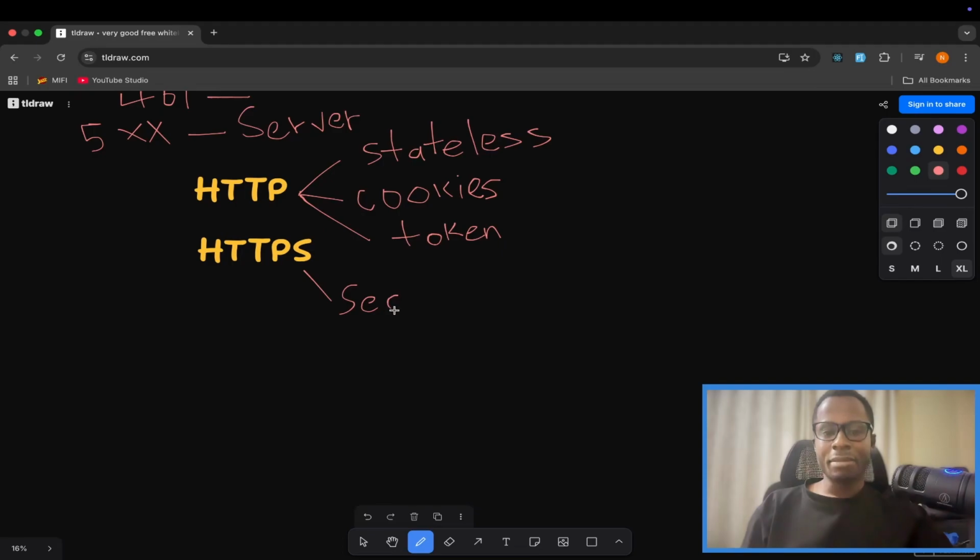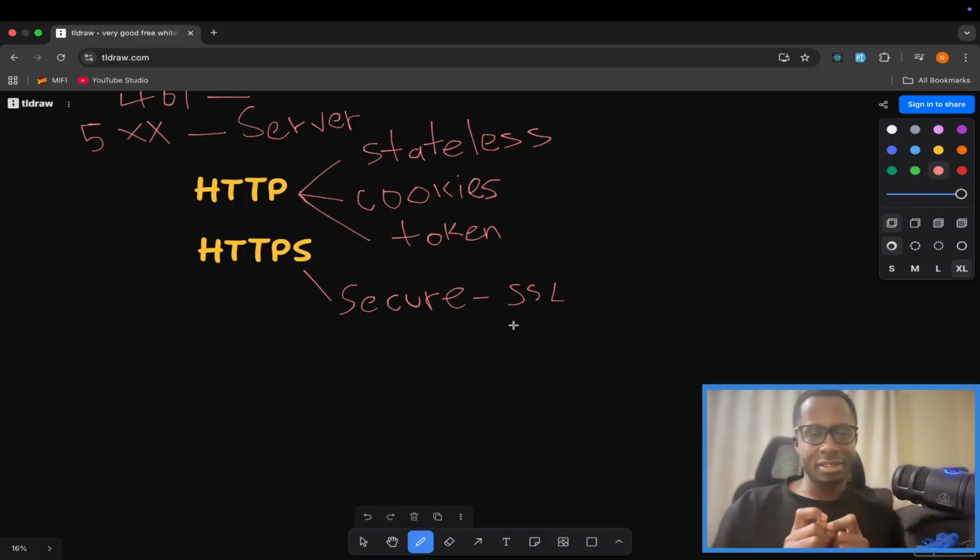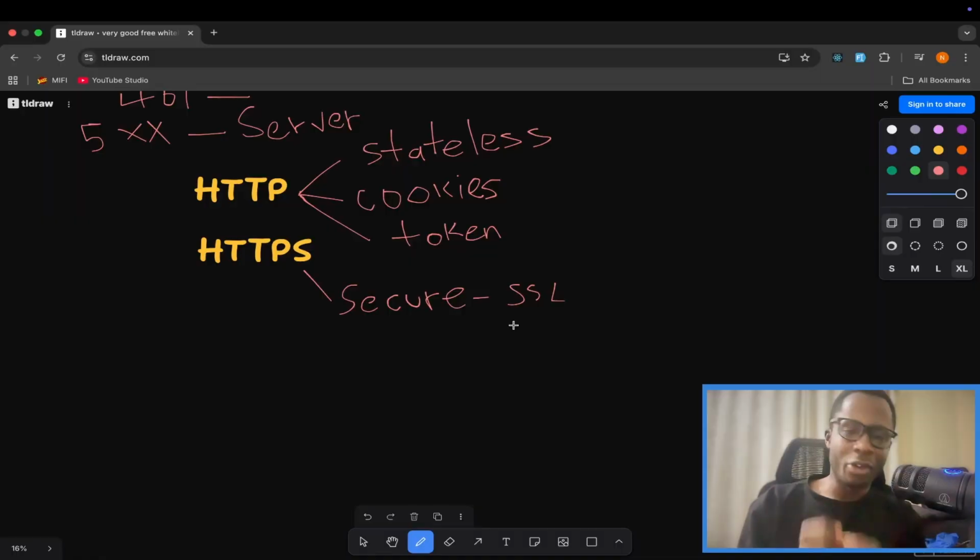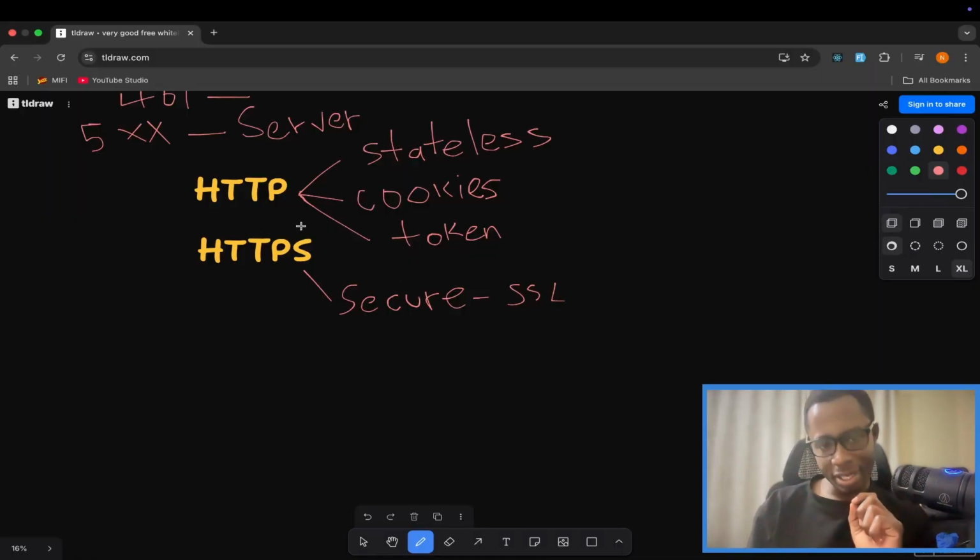Okay, and it simply means that the request has been encrypted with an SSL certificate. And for the server to understand this, it must be decrypted using a process called SSL termination. So when you see S, it simply means it is secured and the communication has been encrypted, which is something